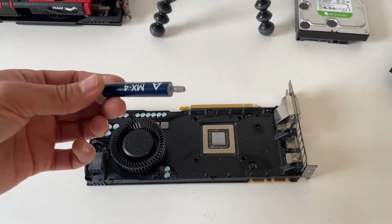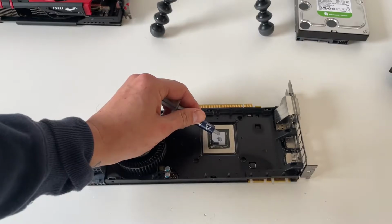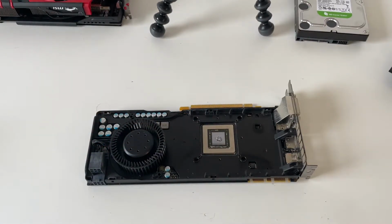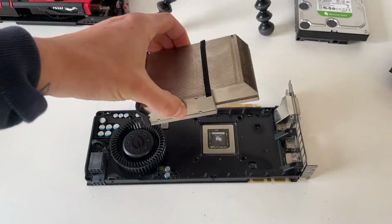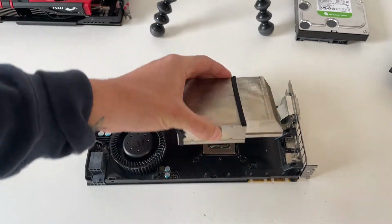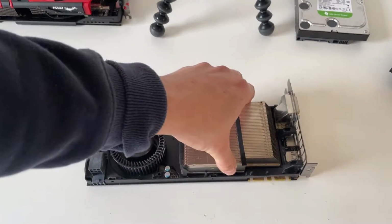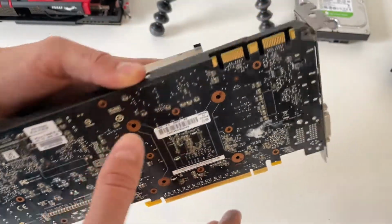We're just going to apply the thermal paste. You just want to apply a small pea-sized dab in the middle. Then take your heatsink. It's quite easy on this card. Sometimes you have to hold them both while you screw it back up, but this will just sit on like so. If you check the holes have lined up,